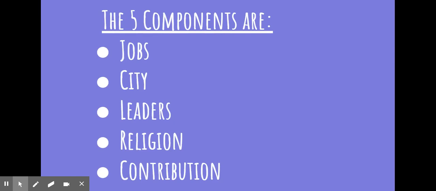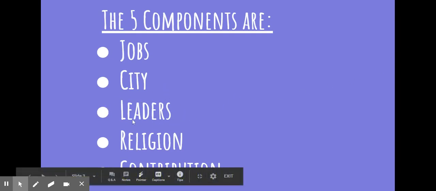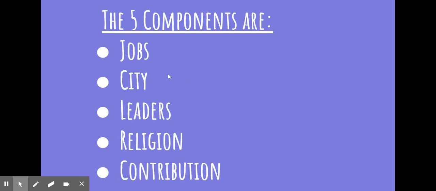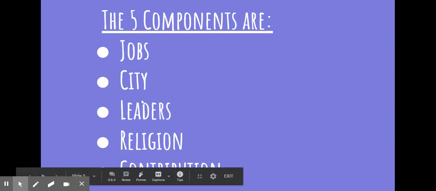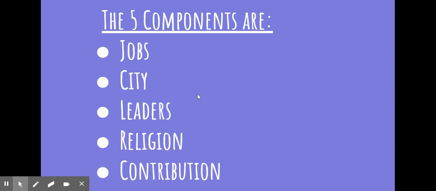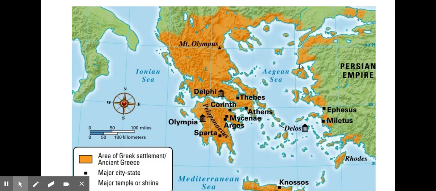So remember, we're talking about these five components as we go through our Greek civilizations. Today, like I said, we're going to be talking about three of them. So as you listen, we're going to actually have our first leader, and we're talking about city-state leader. Actually, technically, we're talking about four of these. But get ready to hear about these components some more, especially in Athens.